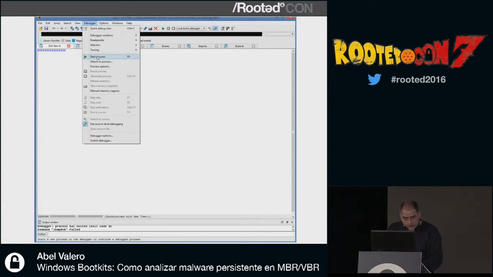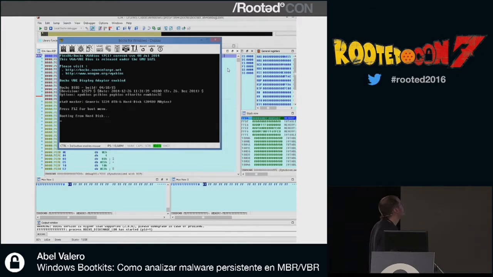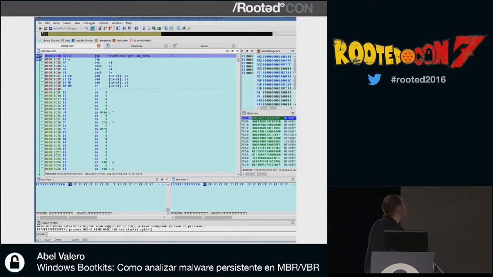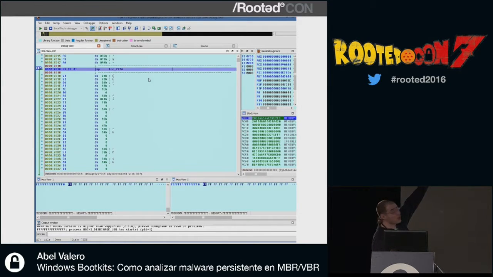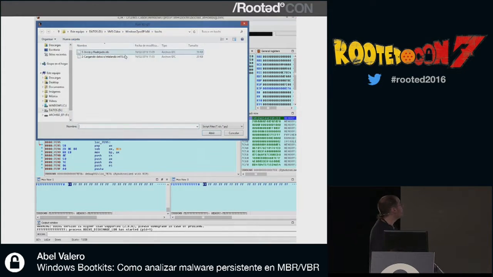Here I have a small demo, so that once you set the system up, you can start it. This is the Bochs screen and the initial instructions. Here we have that hexadecimal address we saw before. It starts, it stops, it loads the VBR. Now the VBR will go into the code for the loader.